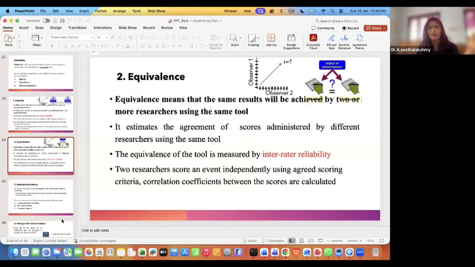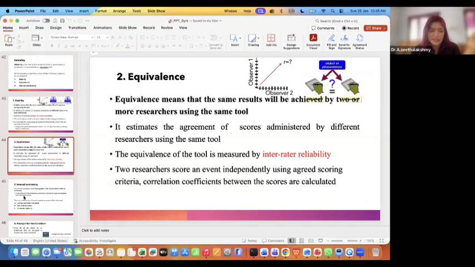The instrument that you use, you won't blame the market person. Maybe that is how the weighing machine is weighing nowadays. So equivalence should be achieved with your instrument, not only for you. Give it to another researcher, he also gives the same result, though the subjects can differ. Well and good, you have understood equivalence using the inter-rater reliability method, as we call it technically.